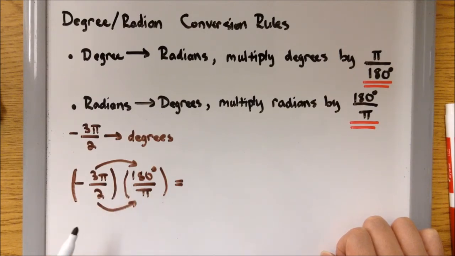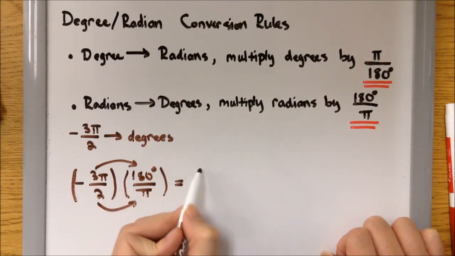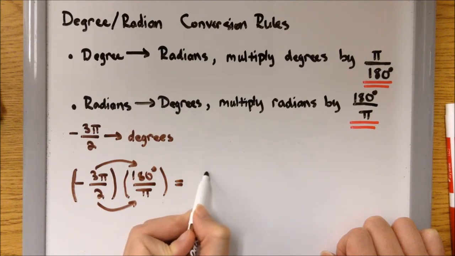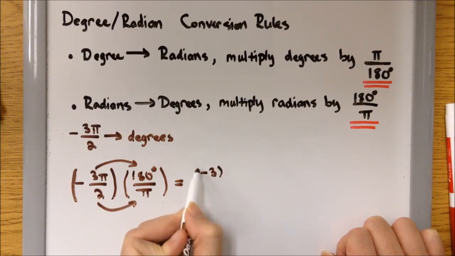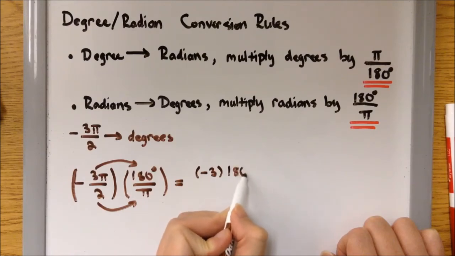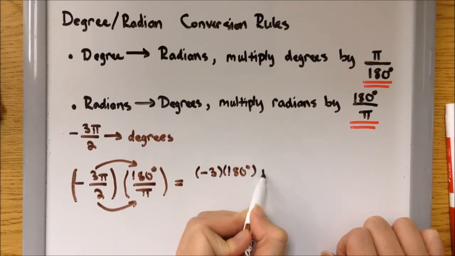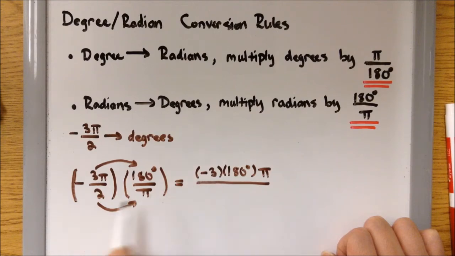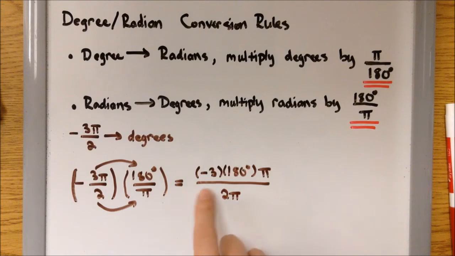That's going to be a big number. So what I'm going to do is write it as a separate factor. So negative 3 parenthesis times 180 degrees parenthesis with the pi. Then it's just going to be 2 pi on the bottom. Now again, you can do negative 3 times 180 and then divide by 2. But for me, personally, when I'm working with 180, I don't want to get a big number and it's going to be too much work or get confused and then get lost. So what I would do